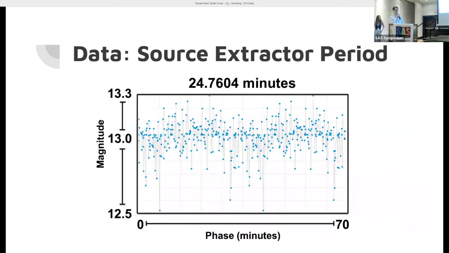Next slide. So this is one of the graphs from the source extractor method, and it's been folded around a value of around 24.7 minutes. As you can see from the y-axis, the variation in magnitude is rather small. Just from the mean to the peak, it might be around 0.1 units of magnitude. Using these small amplitudes in addition to the very messy data from the extra light from the nebula has made it rather difficult to find all the periods